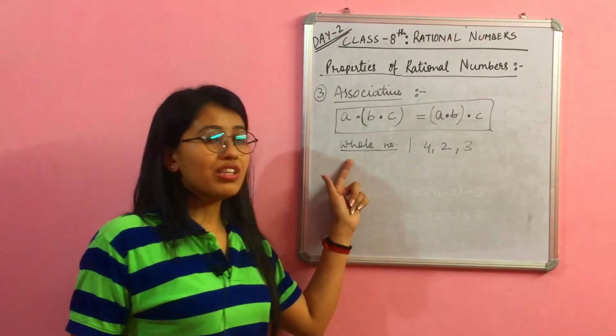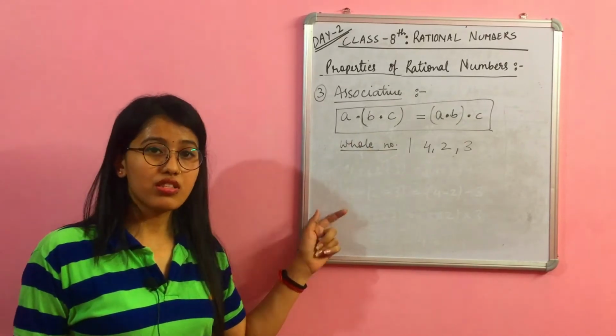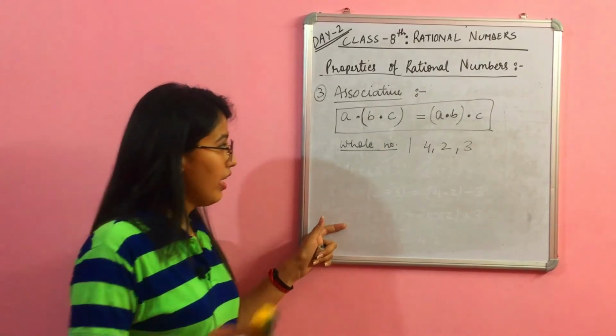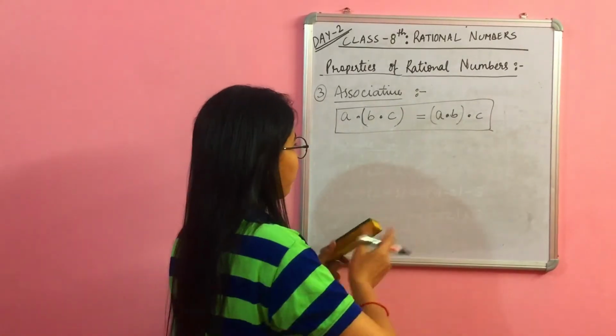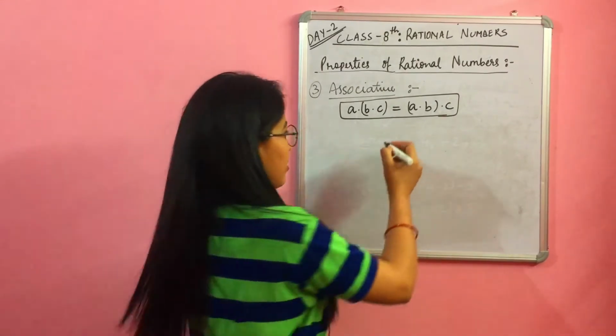Okay, let us see for natural numbers. ओके, सो नेचुरल नंबर्स का सेट भी आप सेम इसी तरह से चेक कर सकते हैं. आपकी सिर्फ एडिशन और मल्टीप्लिकेशन ही सेटिस्फाई करेगा, डिवीजन और सब्ट्रैक्शन नहीं करेगा. ओके, so we will move to integers. Okay, so let us take the set of integers.